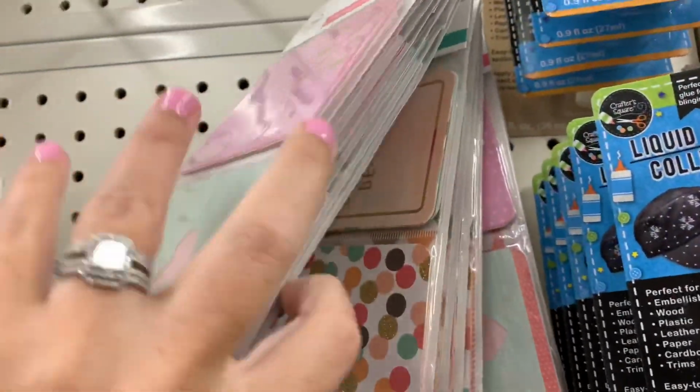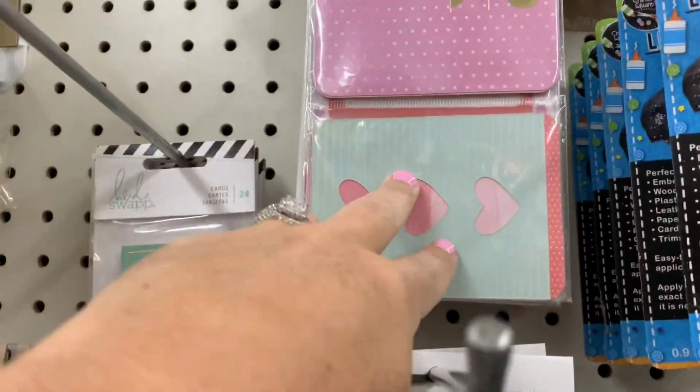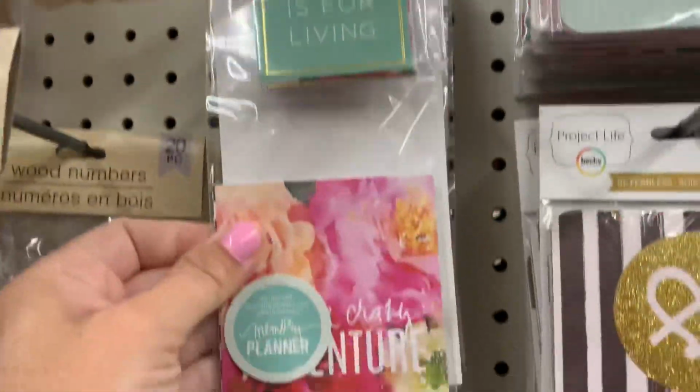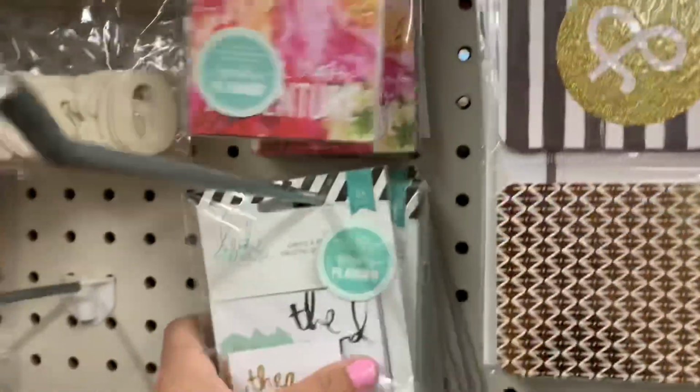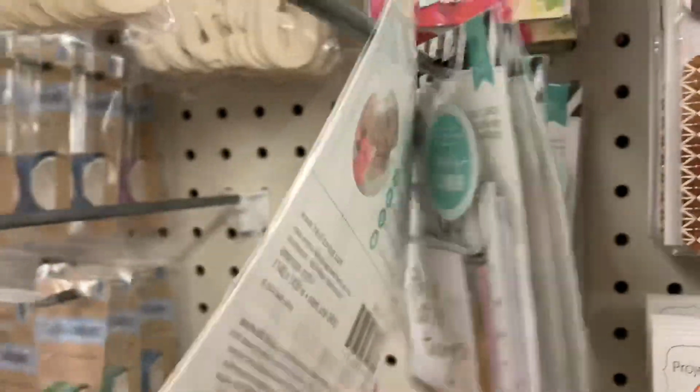Here's some pink ones, and then there's like a peachy version in the back. I did not get any because I have a million Project Life cards. Then they have this Heidi Swap, these little note card set right here, and the floral one. And then they have this right here, the black and white with a lot of the gold